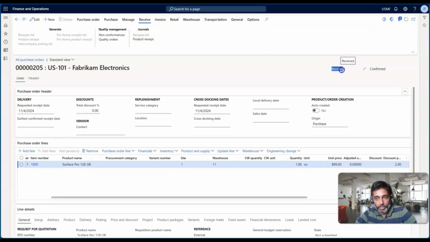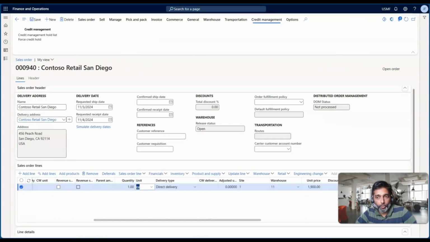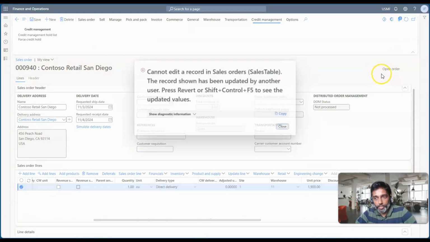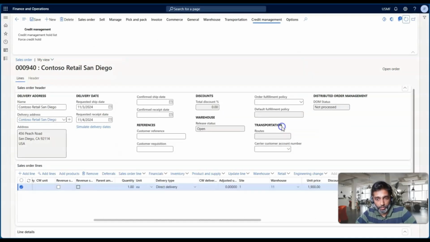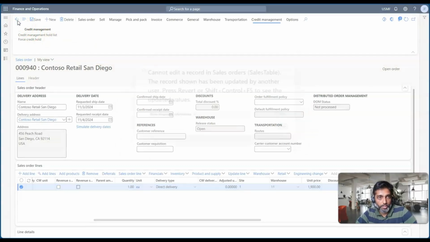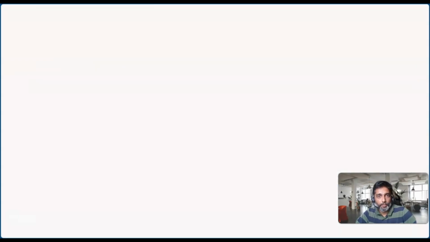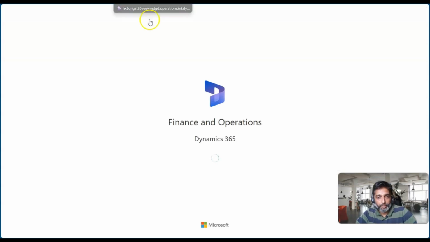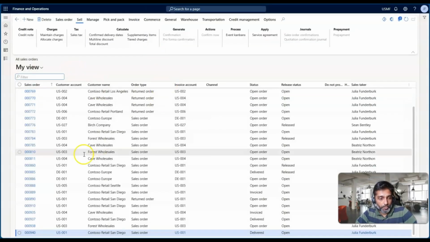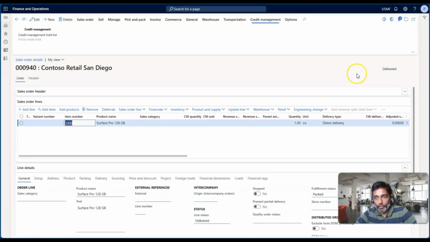And you can see the receipt status is received for the purchase order. Now if I go to the sales order and let me refresh this page, the status should be updated. This is because the page is not refreshed. Let me refresh this page. So I just refreshed this page. The 940 is the one which we created, and now for the sales order, you can see the status